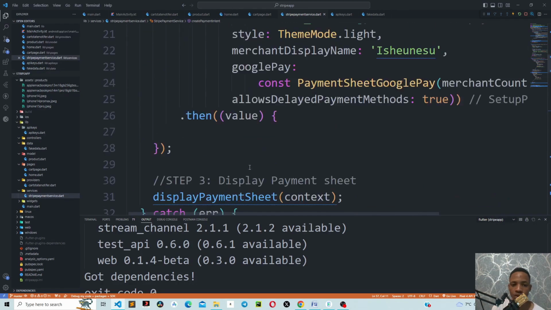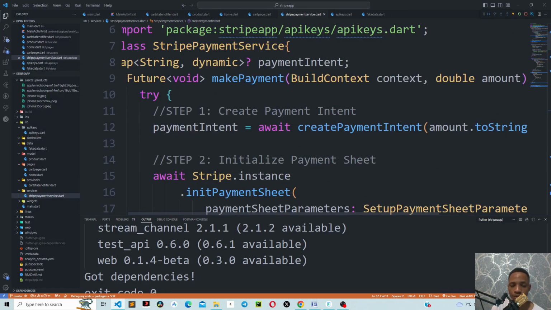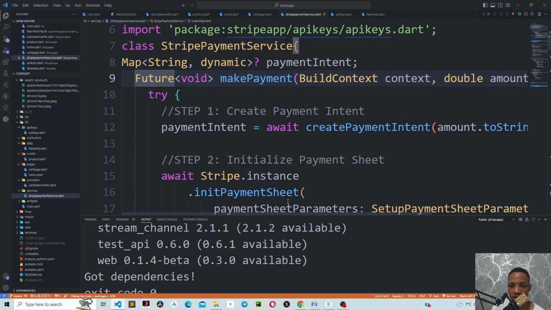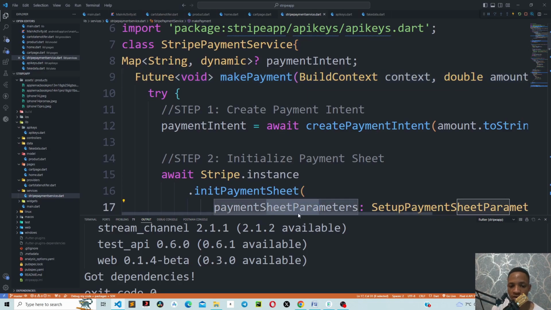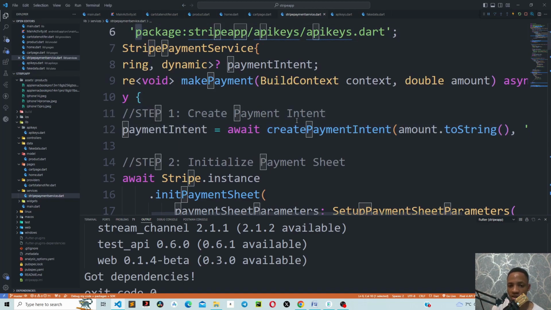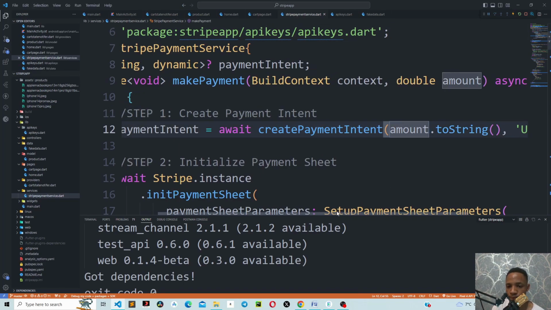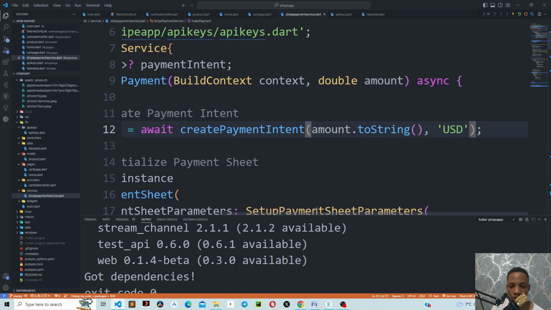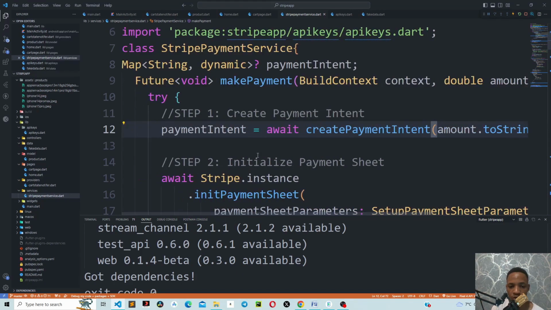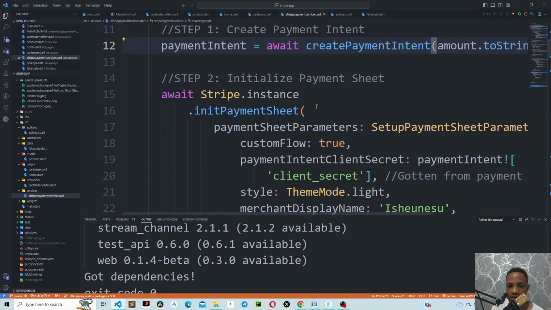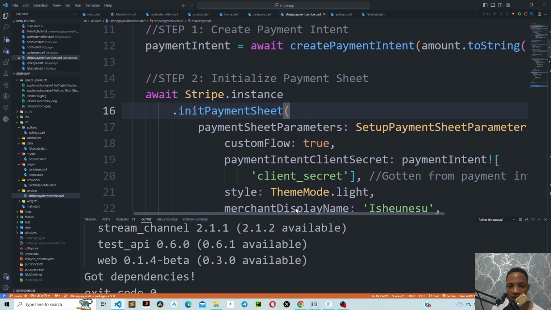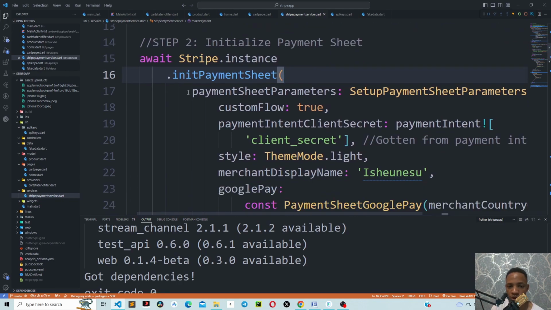And then with this payment intent, we have this function, which is a future, the make payment that we are going to use to make payments. So this takes in a build context and a double, which is the amount. The first thing that we do is we try to create a payment intent. In that payment intent, we have the amount and also the USD currency, which is US dollars. And then we are just going to await the instance of Stripe, and initialize a payment sheet,